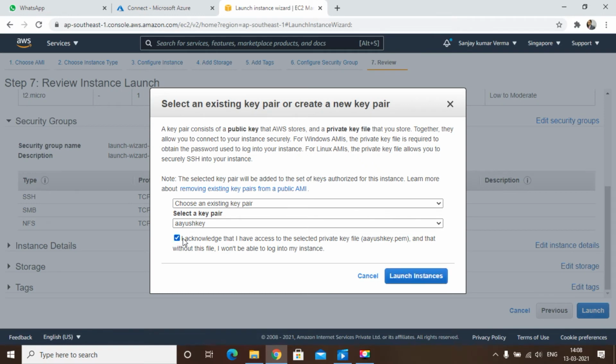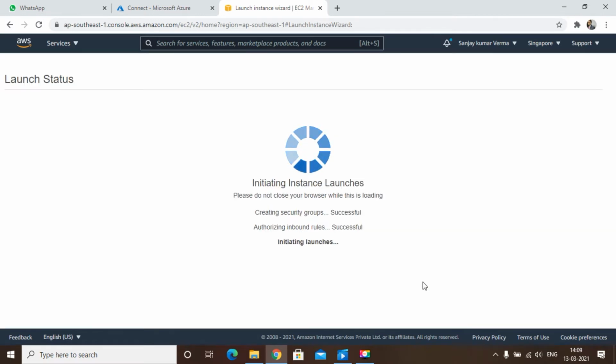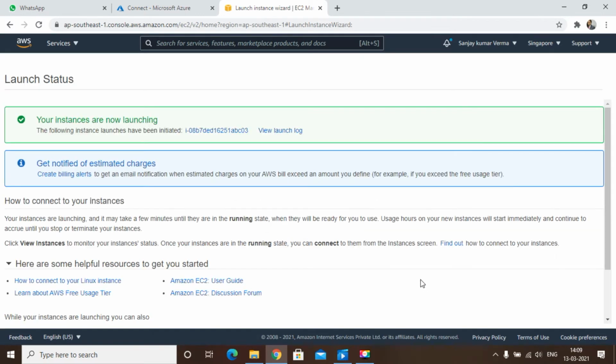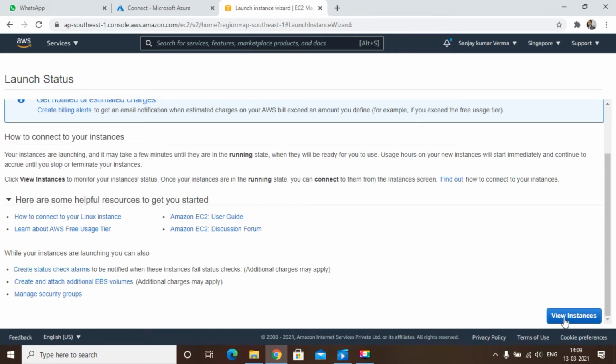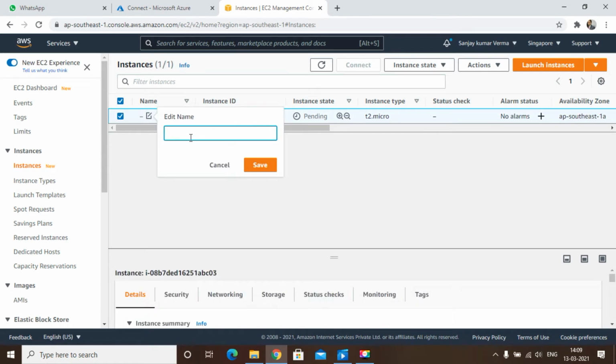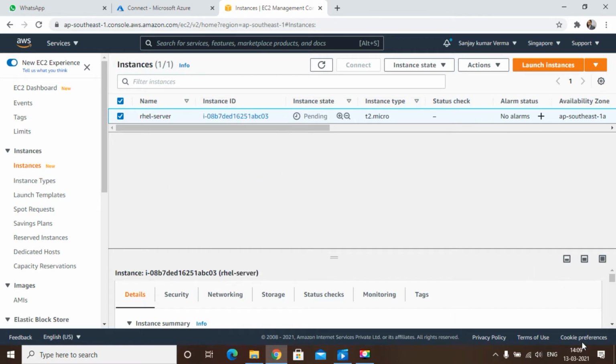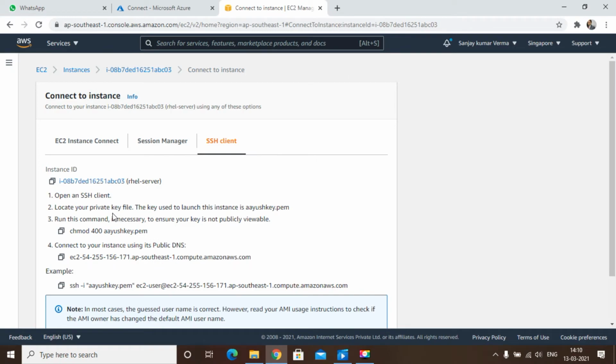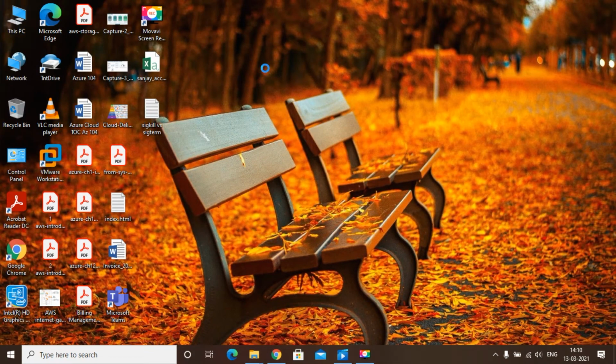I already have a key, so launch the instance. Within a few minutes it will be live. Give it a name, this is RHEL server. Now try to connect. Click on connect and copy this. Where's my key?